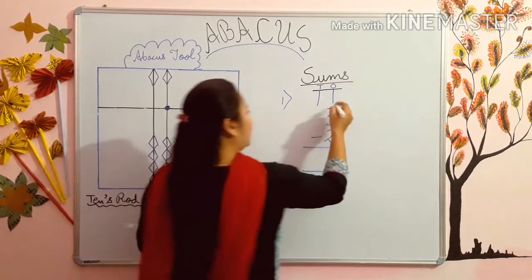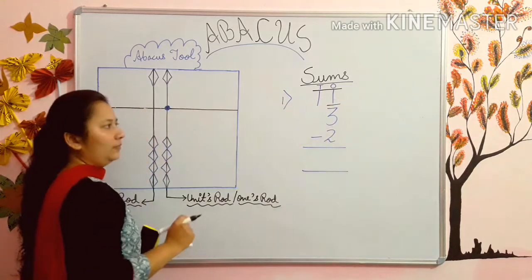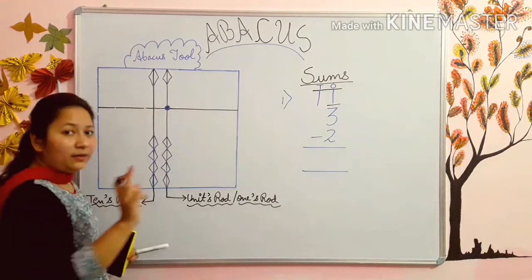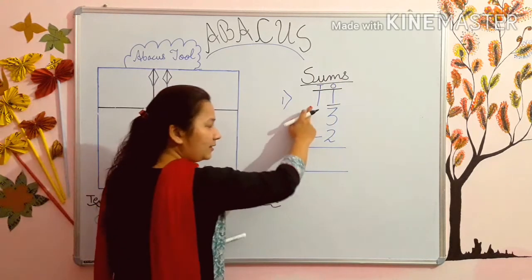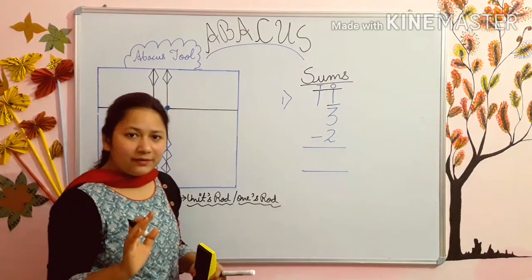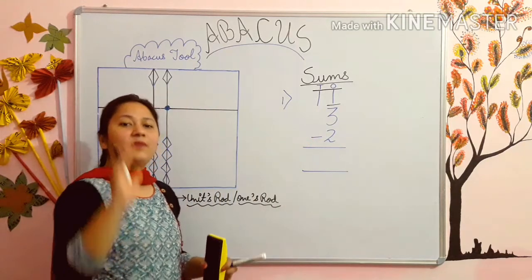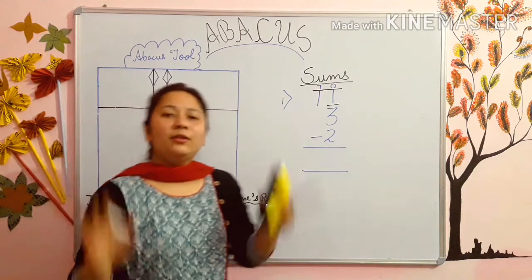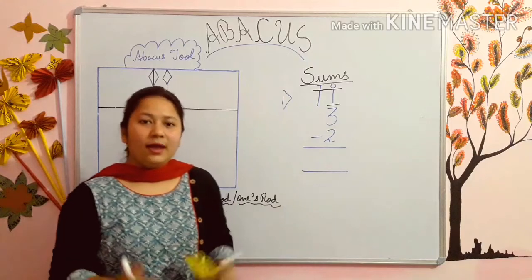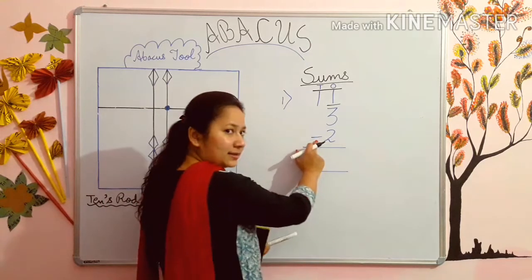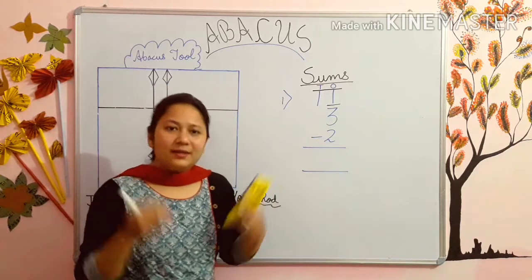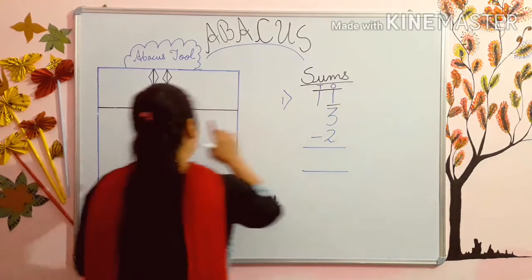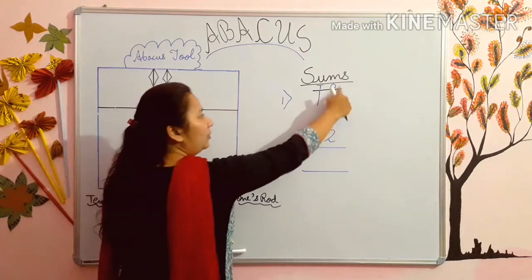Now your first number is 1. See, so 1 will go in ones rod. And see, is any sign there in front of 11? No. So this means you have to add. If no sign is there, अगर कोई sign नहीं है तो आपको add करना है. And if the sign is there, see minus, then you have to minus the number. Minus means subtract. So 1 you have to add and this number will go in ones rod.